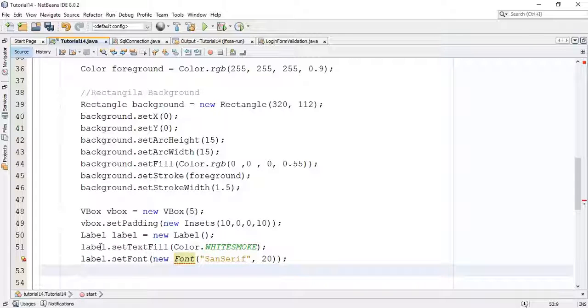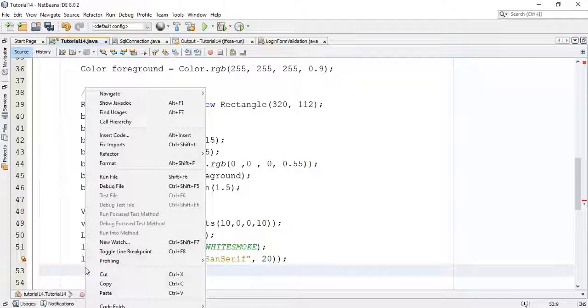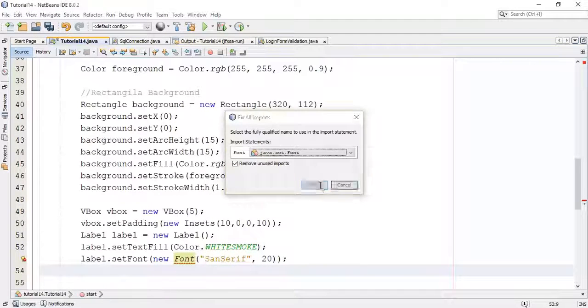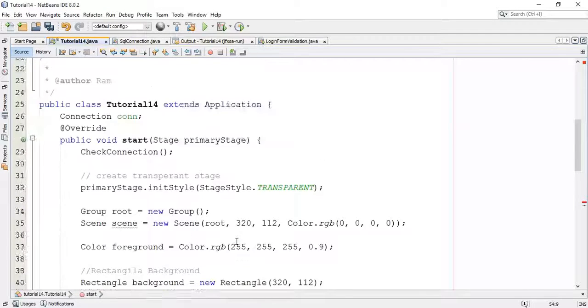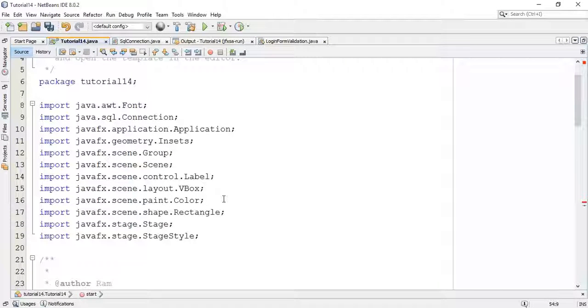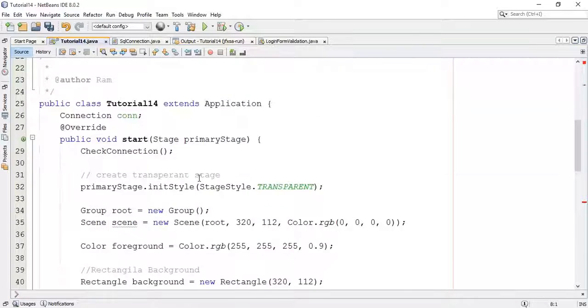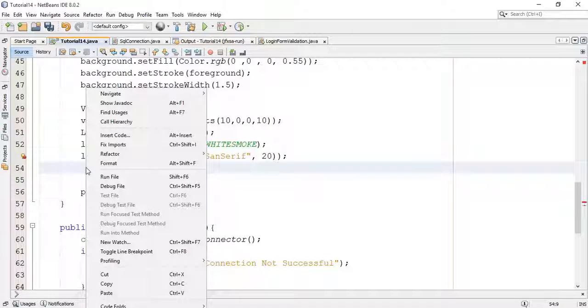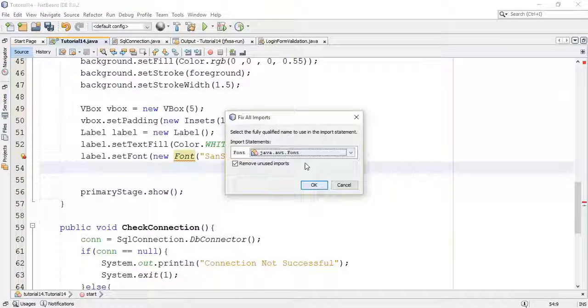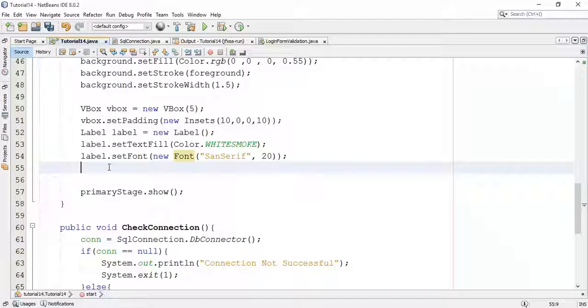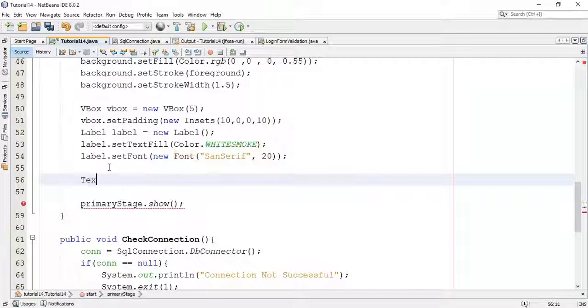So next, fix the import for the font. Sorry, the wrong import is added. Once again, fix the import for the font with javafx.scene.text.Font.